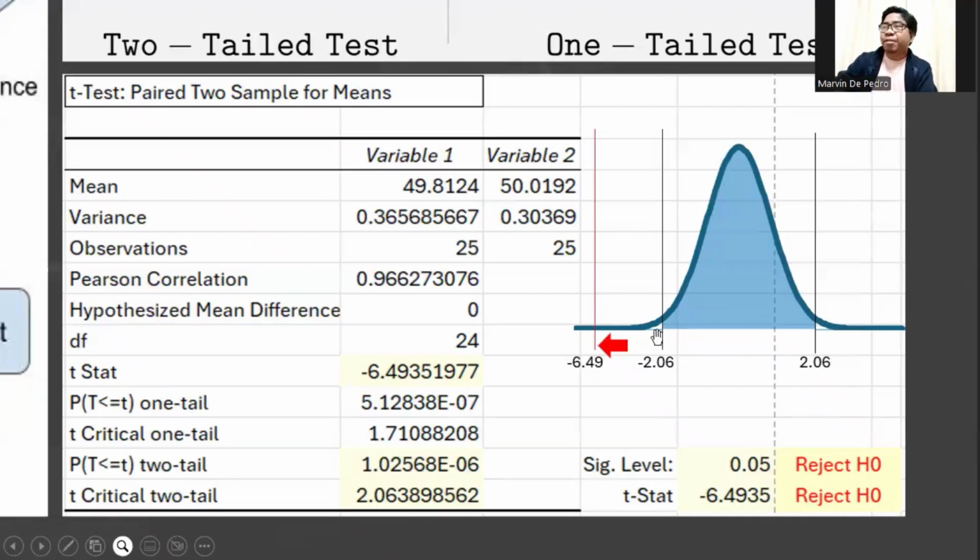If you locate that in our normal distribution curve, it's very far to the left, beyond negative 2.06. That only means it falls outside our acceptance region, so we reject the null hypothesis. We are comparing the t-critical and the t-stat. Rejecting the null hypothesis means there is a significant difference.